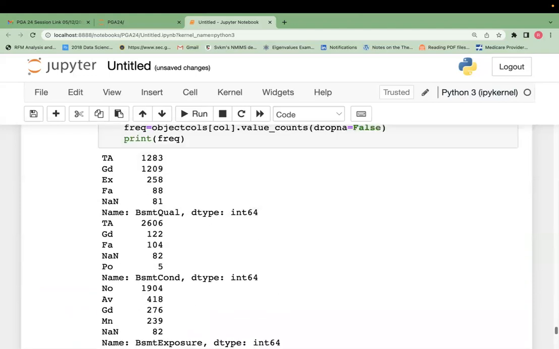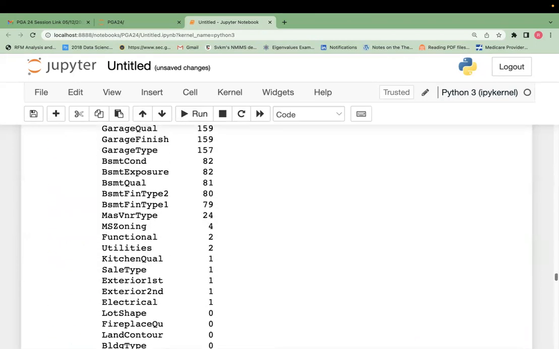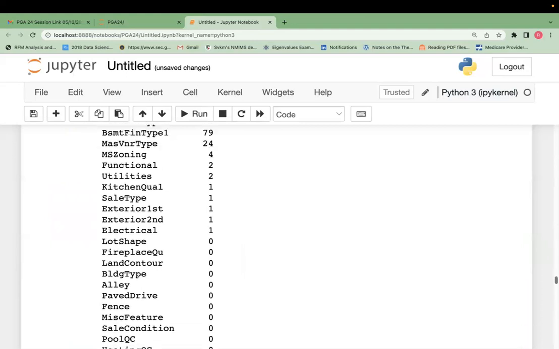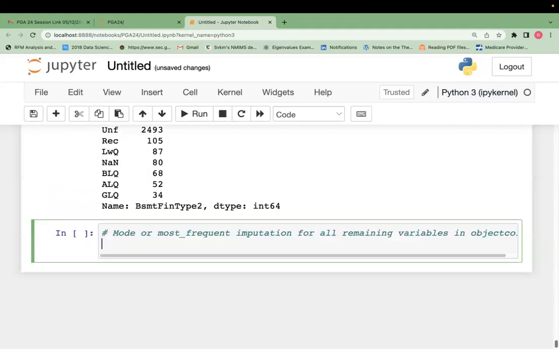So we have run the loops to understand the missing values in both garage calls and the basement calls. And we found out that we can do with mode or the most frequent. Similarly, if I go to the missing values list, very few missing values are there in other variables, which are very, very less. So less than 1%. So we can do mode or most frequent imputation, which will not affect our analysis. So for call in object calls dot columns colon